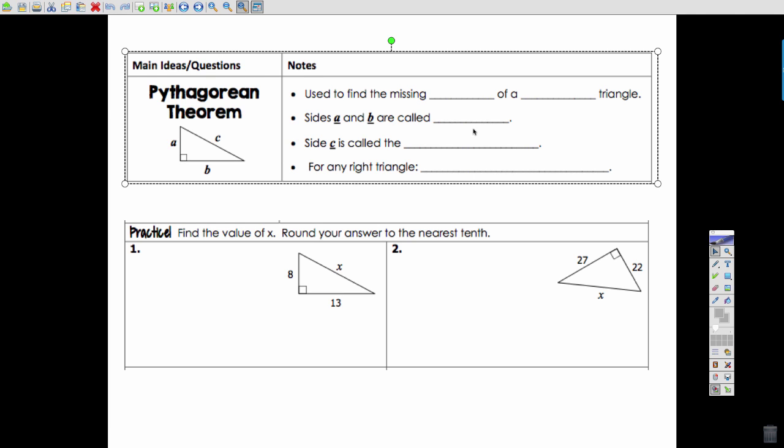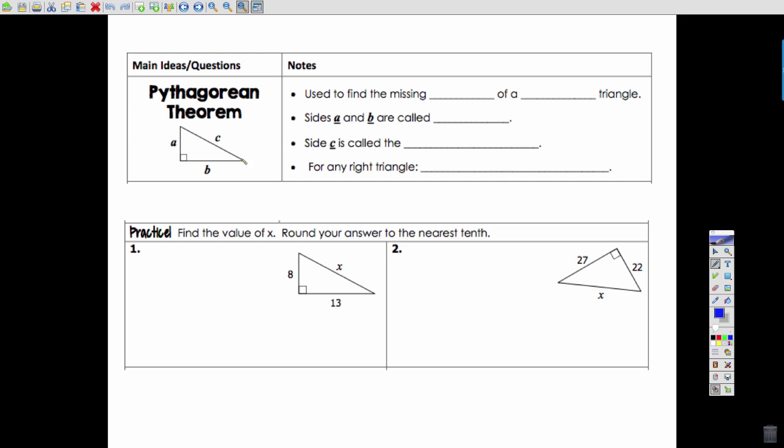In this unit, we're going to review Pythagorean theorem and also study its converse to see how we can use that to determine different types of triangles. So if you recall, Pythagorean theorem states that if I have a right triangle like I do here, the two